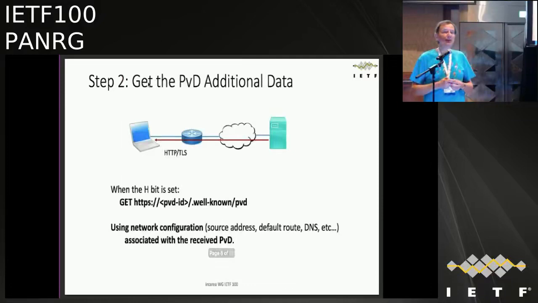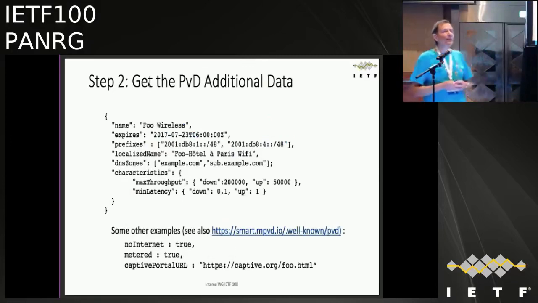Why do I say refresh? Because it's two-stage. So in the RA, you receive the layer 2, layer 3 information. And then based on the fully qualified domain name, you use HTTP over TLS and fetch a well-known URL that contains a JSON file, that contains some metadata or application data. So there's an example here of this JSON file. You can have a name which is more readable than a fully qualified domain name. It could even be a localized name, put there in French, but it could be in Japanese, Korean, or whatever, to help the end user to make a decision.